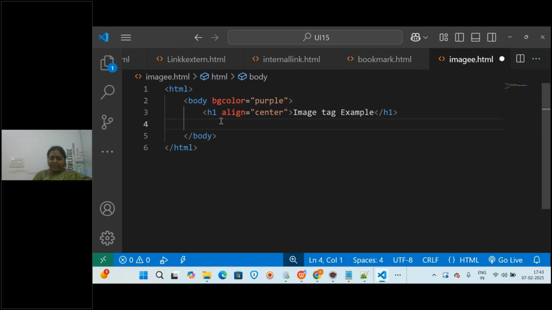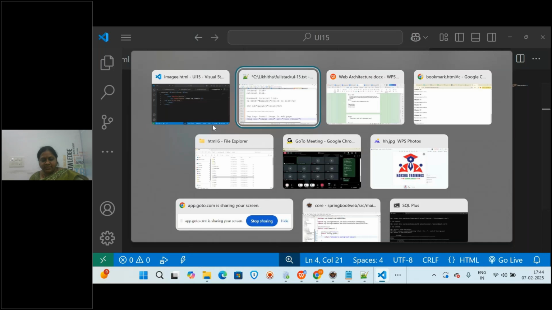Now I'm going to add the image, the img tag, and I have to put src equal to, and close the img. We are not getting the close tag because there is no closing tag for the image. Here you can give D colon slash some hh dot jpeg or something. Now let us see how it displays. I'm saving this and executing this.